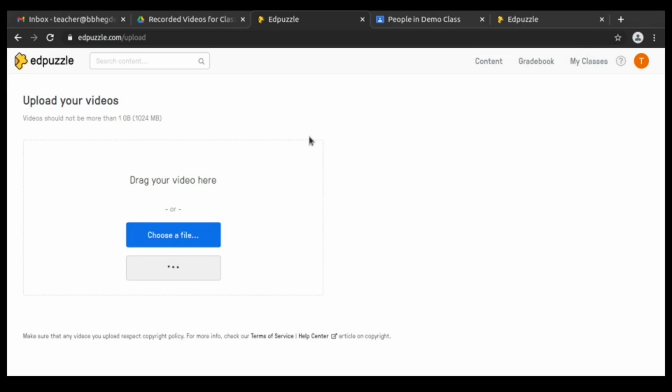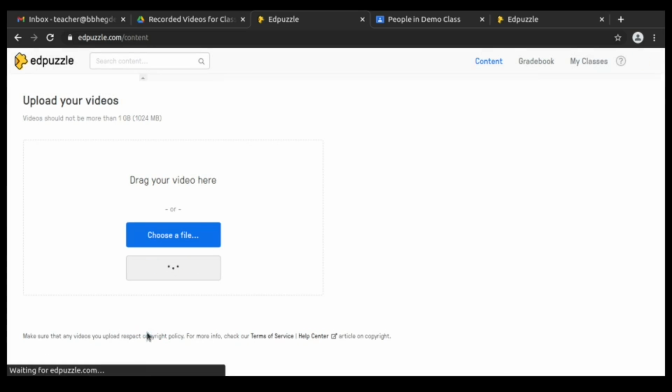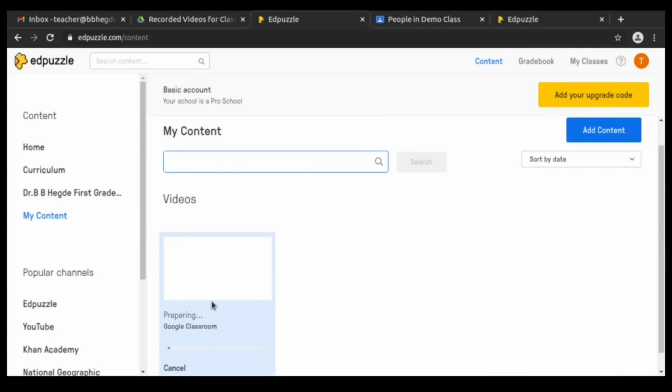It will again ask to sign in with the required teacher account. Since it's the first time, it will ask to give the permission to import the data which are there in Drive. So I already stored my videos. Whatever videos you have stored in the Drive will be visible in this menu. So just select the required video according to your class. Click the select button. It will try to load, and it takes a bit of time for preparing, which connects your